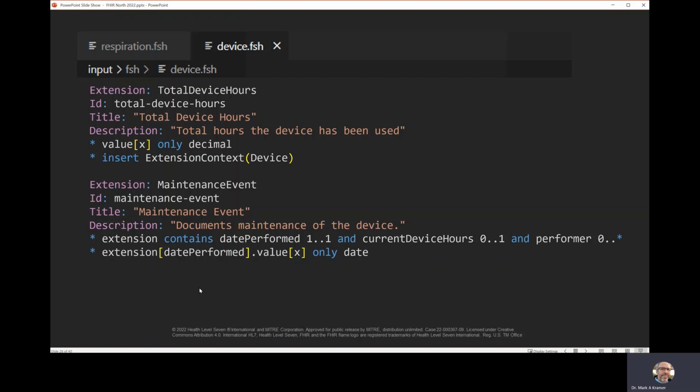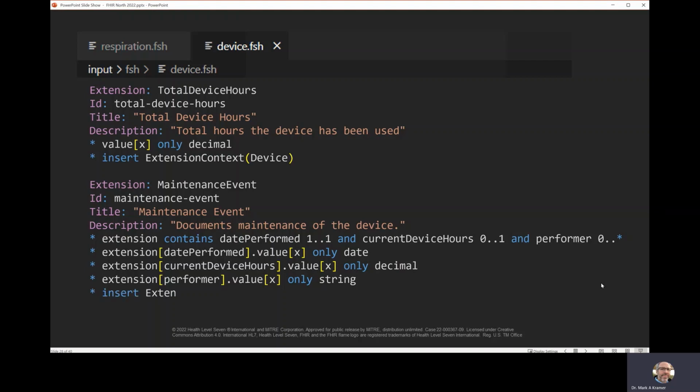So to do that, we'll say that the extension, date performed extension, has a value that's only a date, that the current device hours value is only a decimal data type, and the performer will be a string. So now we've defined that maintenance event, and I think we'll add also the extension context, which will limit it